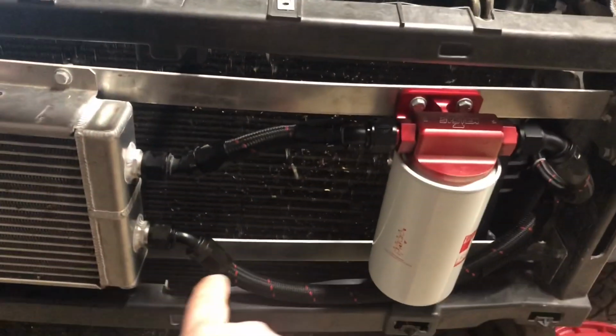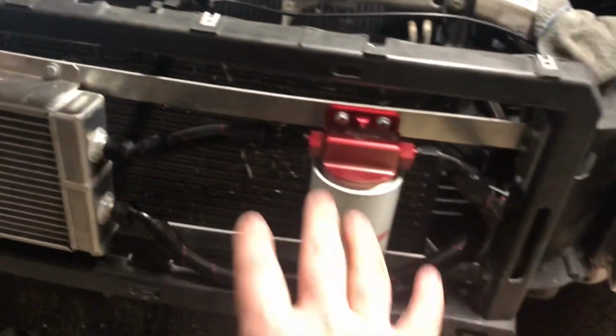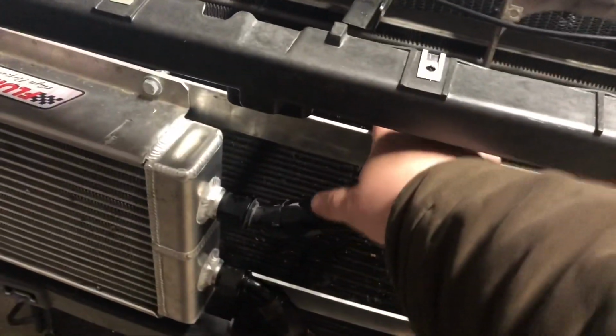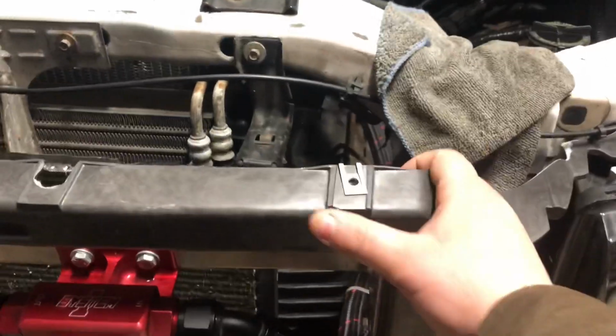We replaced the header panel, and then we went to aluminum brackets up front for our oil cooler and oil filter setup. So we're going to save a little bit of weight. We got rid of our giant steel brackets up front, went to aluminum, got rid of our cracks in our header panel,